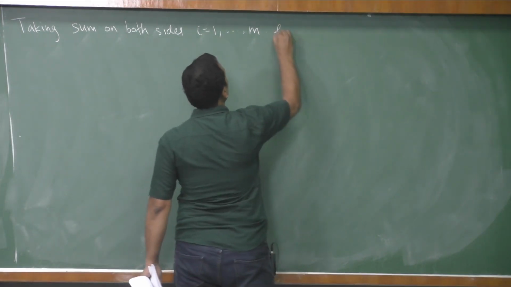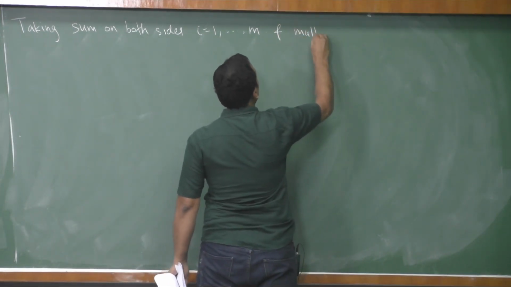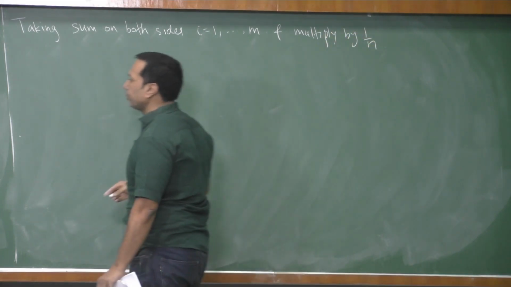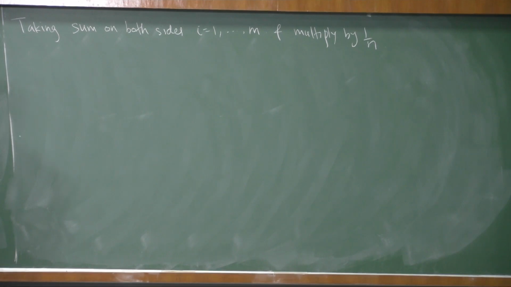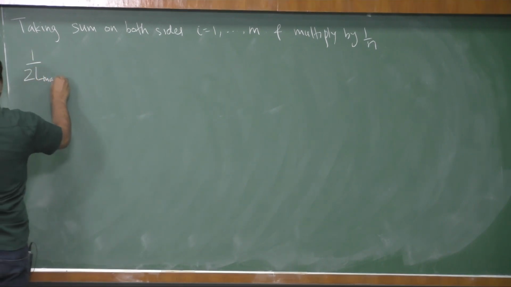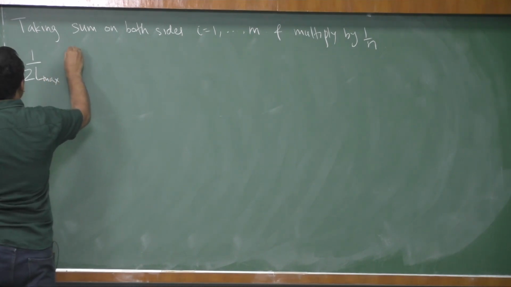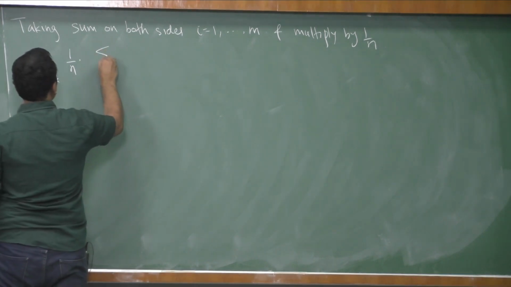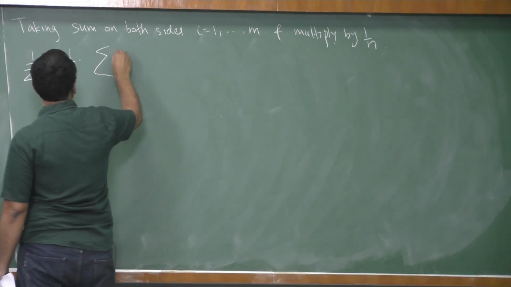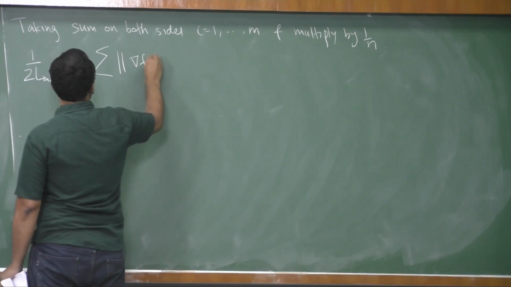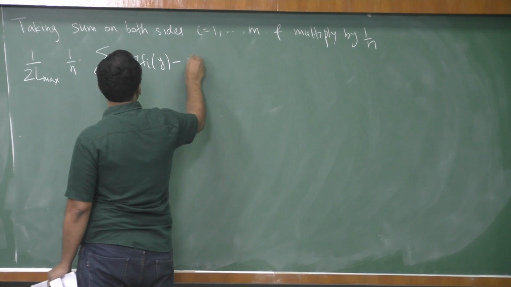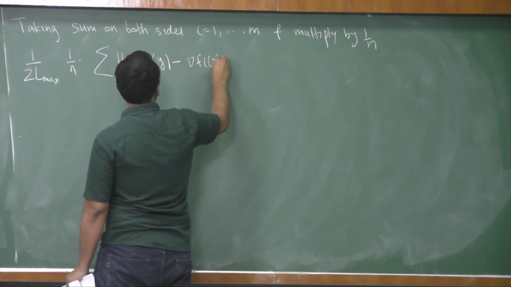Multiply by 1 by n. Okay, let us see what happens. So 1 by 2 L max comes out, and 1 by n also we multiplied, and then we have the sum of these guys, grad Fi y minus grad Fi x,